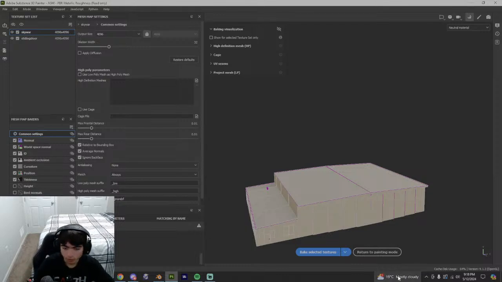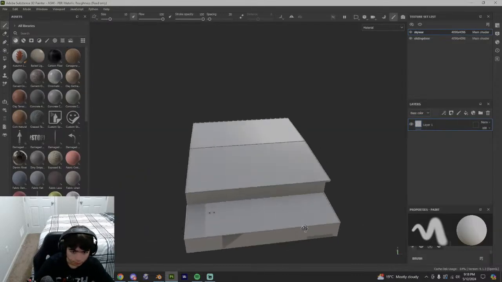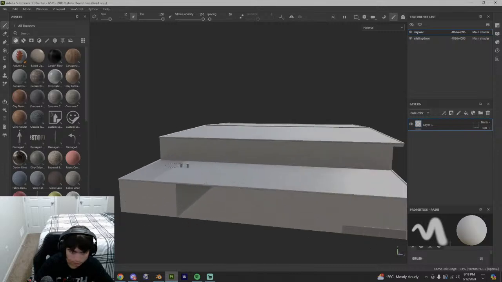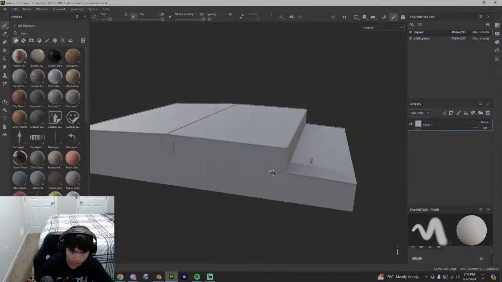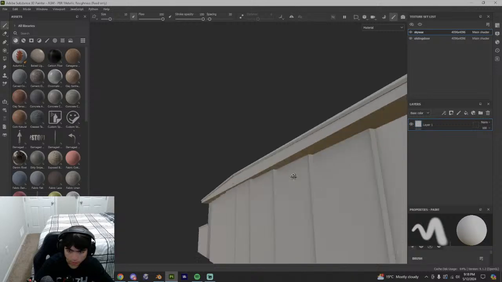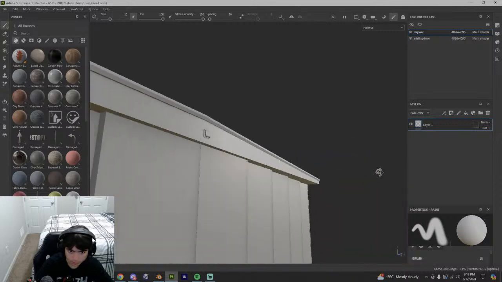Okay. Let's see, do we have any issues? Yes, we do. Okay. Why, these might be n-gons. That's probably why we're having issues there. Now, arguably that still shouldn't happen, but